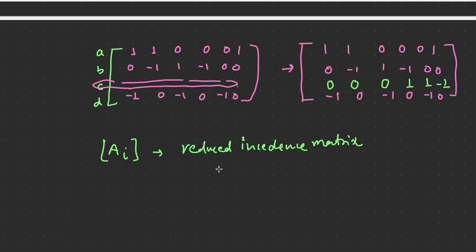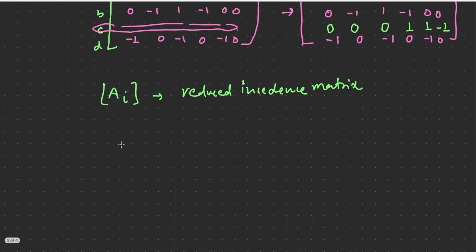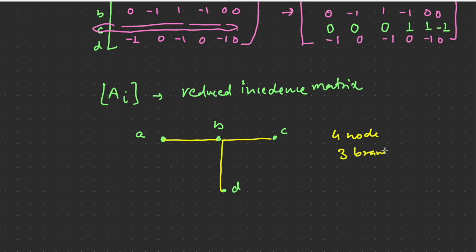Now if you want to draw the tree, as I already discussed, there are three rules. All the nodes should be there. So I'll take all four nodes A, B, C and D, and then I'll form the tree with branches 1, 2, 3. So these three are the branches. We know the four nodes are included in the graph, three branches are included, and there is no closed loop. So this can be taken as a possible tree out of this graph.